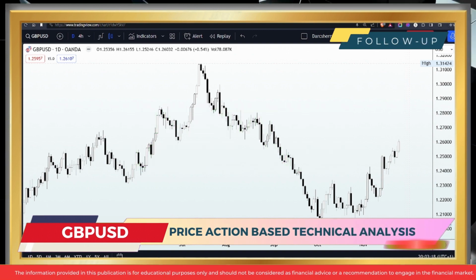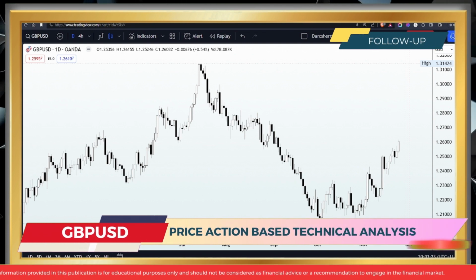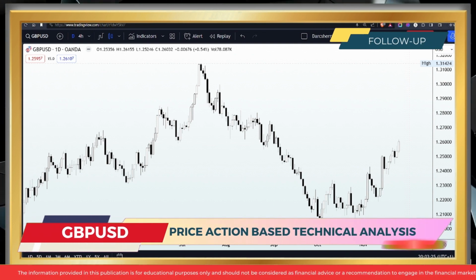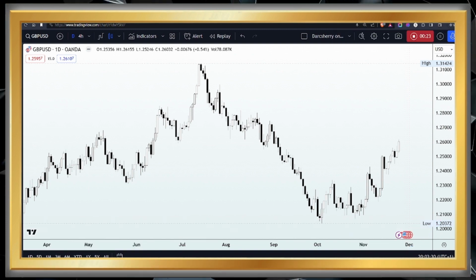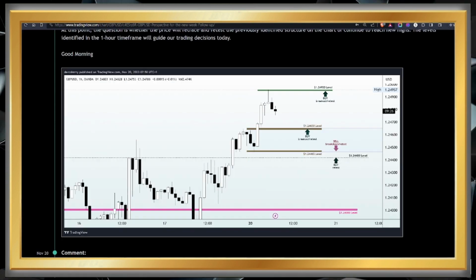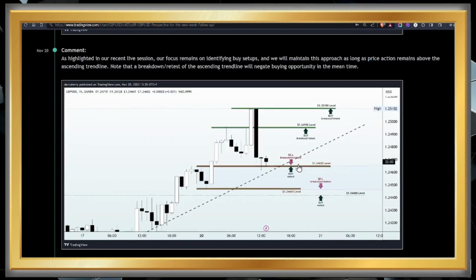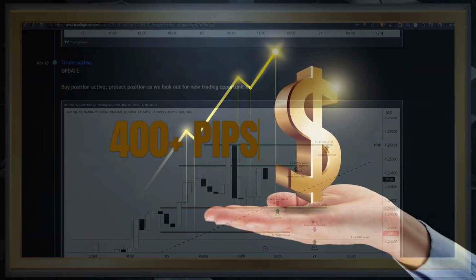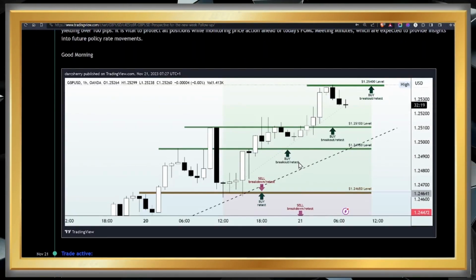Today, we will be taking a closer look at the GBPUSD market structure and how price action is currently performing at the crucial 1.2600 zone, continuing its recovery post the mixed US PMI data on Friday. In our previous trading setup, remember that we capitalized on the bullish momentum, securing over 400 pips from multiple buy entries, driving the market up to the crucial